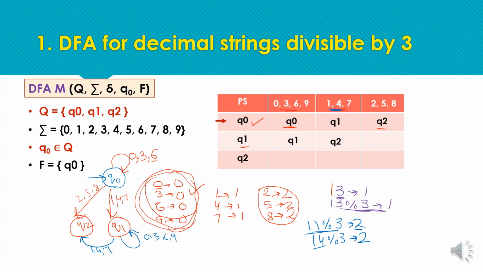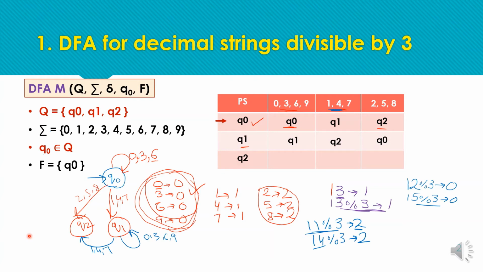Next, being on Q1 means we have received 1, and for the next set, that is for 2, or we can consider any of the symbols, remainder will be 0. Whether we take 5 from the set, the remainder will be 0. So on getting the 2, 5 or 8 at the state Q1, we will be having remainder as 0. So we need to move to the state Q0. Now we can mark Q1 also as a complete state. Last state to be complete here is Q2.